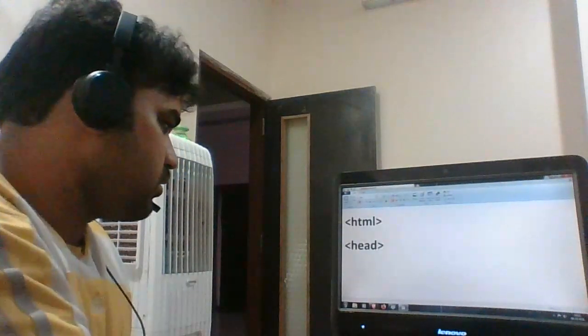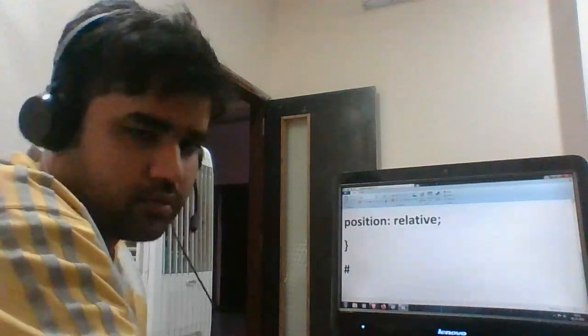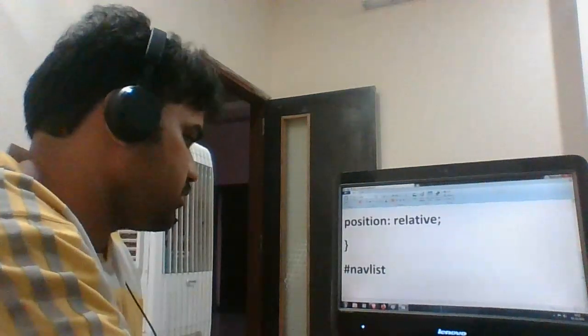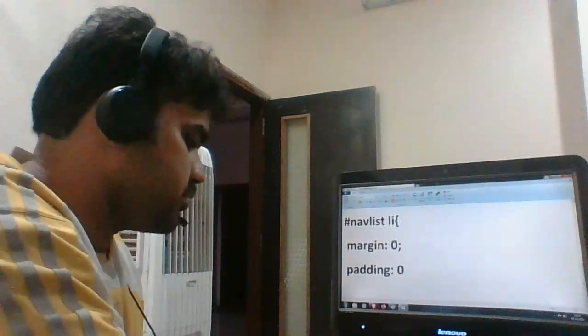So that's HTML, and then head, style, then #navigation list, then position relative, then #navigation list li, margin 0, padding 0,